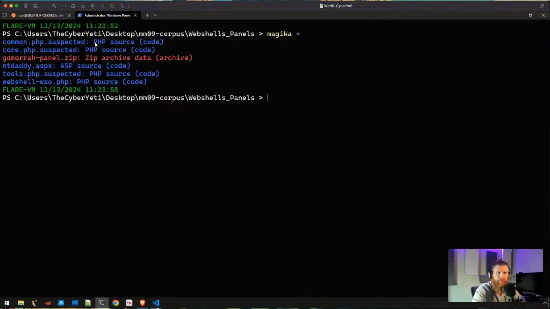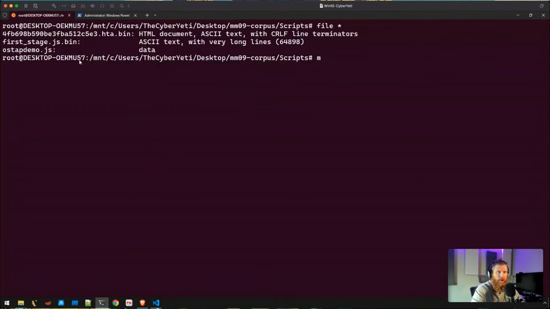Right? We have PHP files, which those are. We have an ASP file, which it certainly looks like it is by the extension, and usually because these come from a web server, the extensions are fairly accurate. And then a zip file, so just a panel that hasn't been extracted. If you extracted it, though, I'm pretty sure it's all PHP there. All right, last one here. We'll just do the same thing.